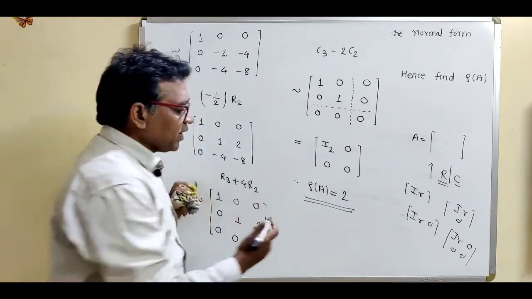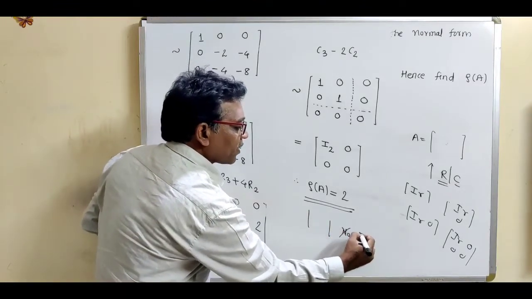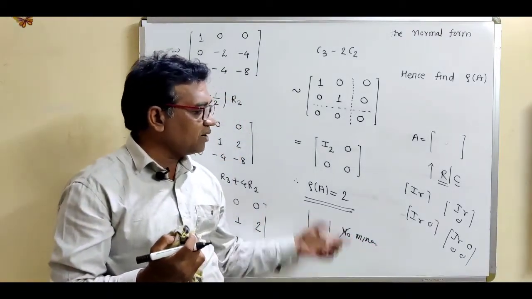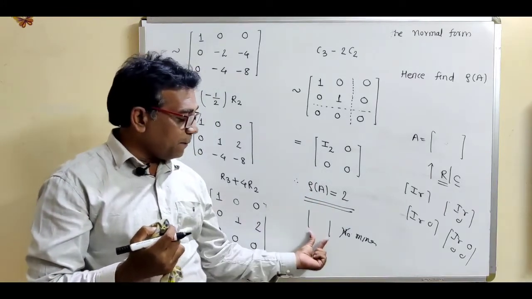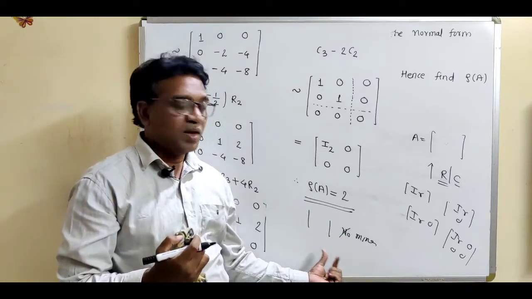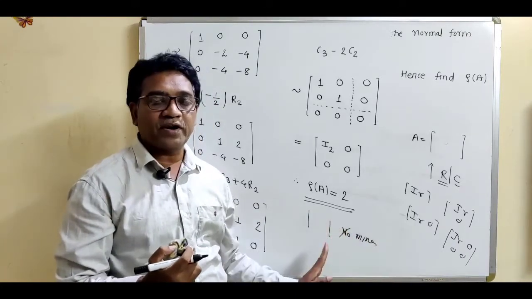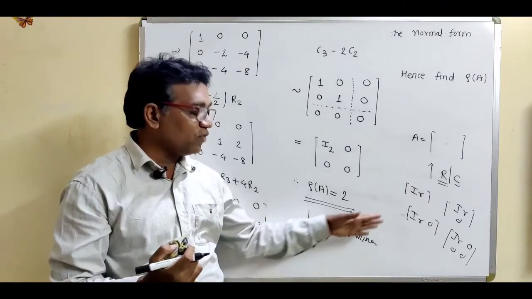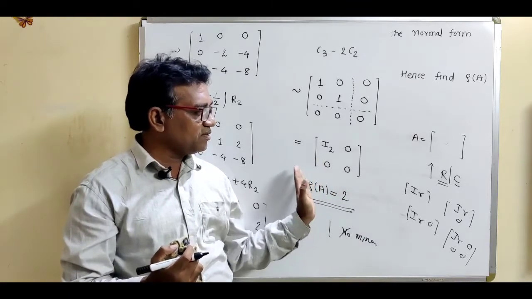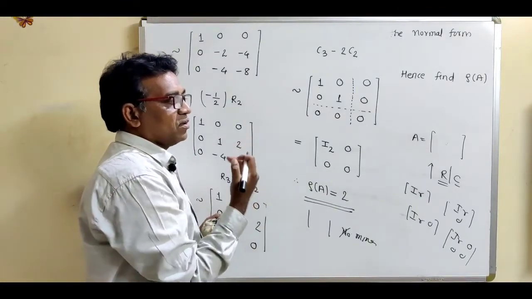In the previous video, we used the method called the determinant method, or the minor method. By using this method also we can find the rank of the given matrix. But this is applicable only for a 3 by 3 matrix, or a matrix of order 3. The determinant method is horrible for a 4 by 4 or 5 by 5 matrix, because we cannot easily find the determinant of order 4 by 4 or 5 by 5. So if the order is higher, then we can use the normal form or the canonical form.